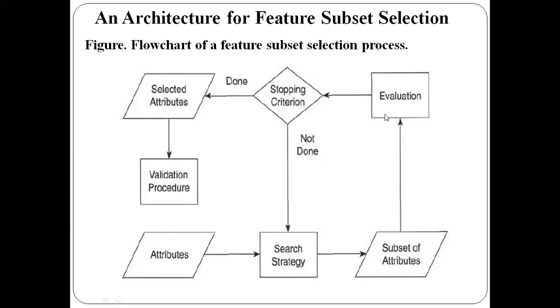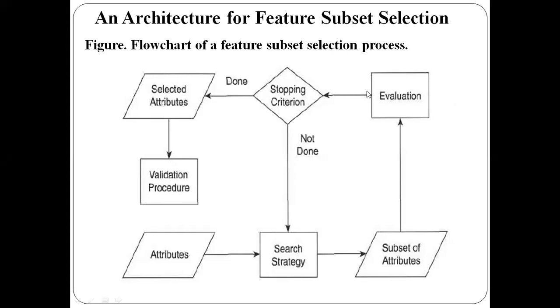You have evaluated the goodness of the subset of attributes on the data mining algorithm, so you have got one evaluation value here. Based on that also, I can decide whether it has reached our value or whether it is beyond the threshold. That is also one kind of stopping criteria. And the third one is based on the size of the subset of attributes. If you have got one accurate size, based on that also you can stop the generation, or else you can consider the combination of the size of the subset of attributes and the evaluation value.